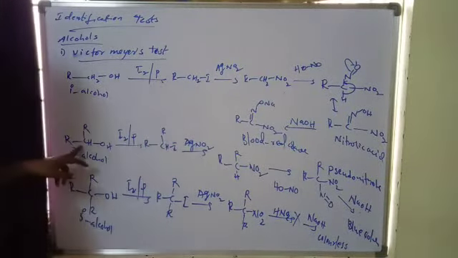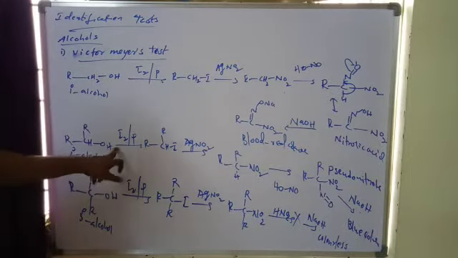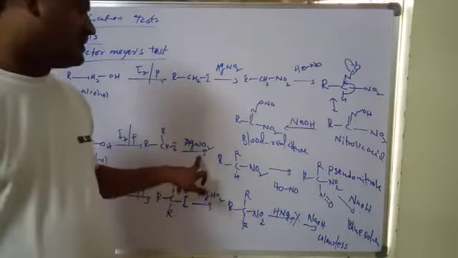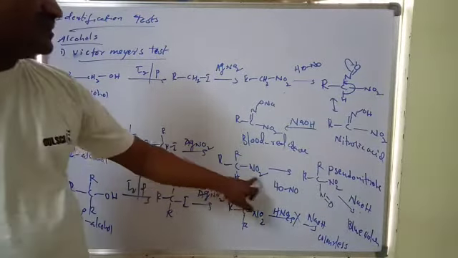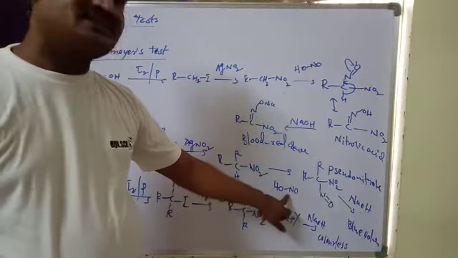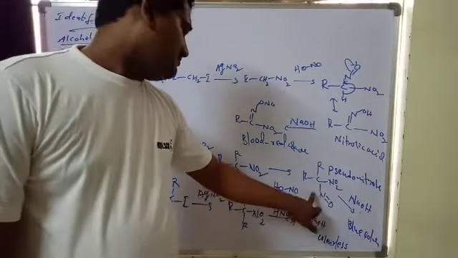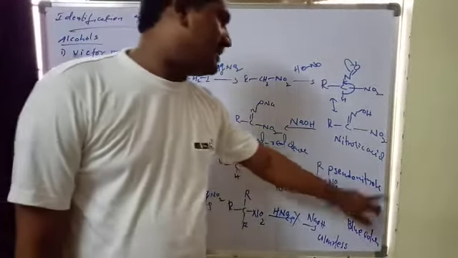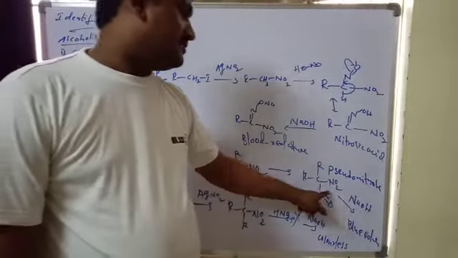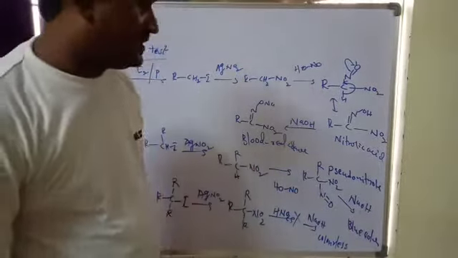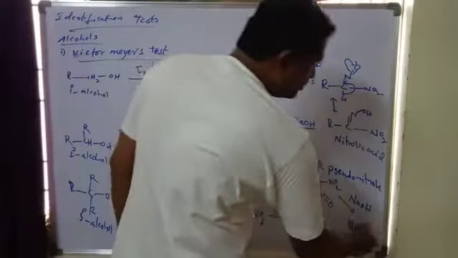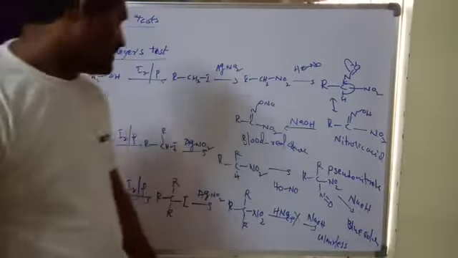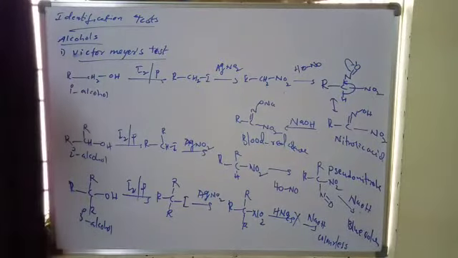And if you see secondary alcohols, the same manner of reaction: with iodine and phosphorus, iodoalkane, then silver nitrite, alkyl nitrites. Then after nitrous acid, it forms pseudonitrol, called pseudonitrolic acid. This cannot react with NaOH; in NaOH, it gives blue colorization. That is the secondary, 2 degree alcohol.